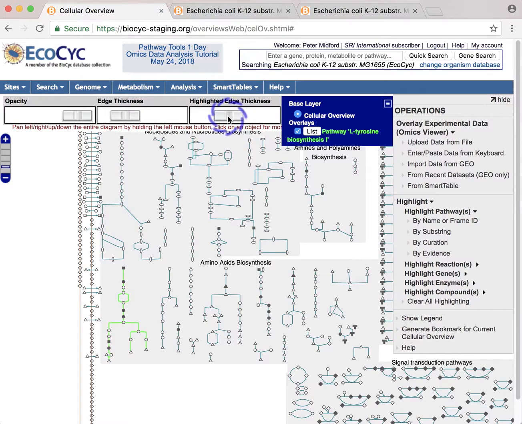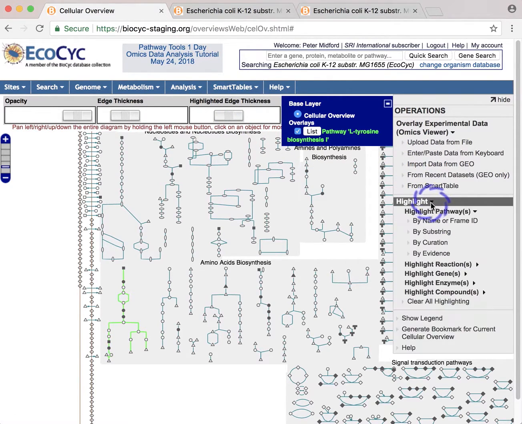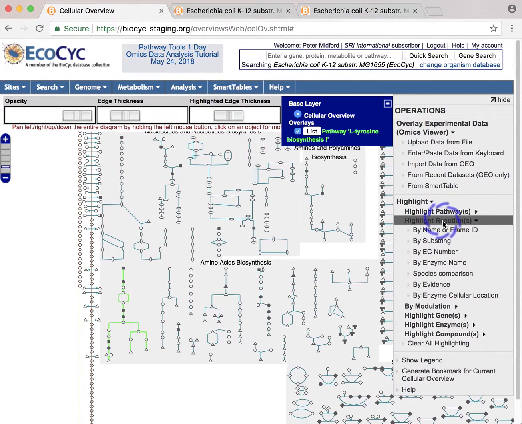It's reasonable to expect that somewhere in the tyrosine synthesis pathway, there are likely to be one or more reactions inhibited by the presence of free tyrosine. Let's see if this holds. I will now open the Highlight Reactions submenu, and here we see,